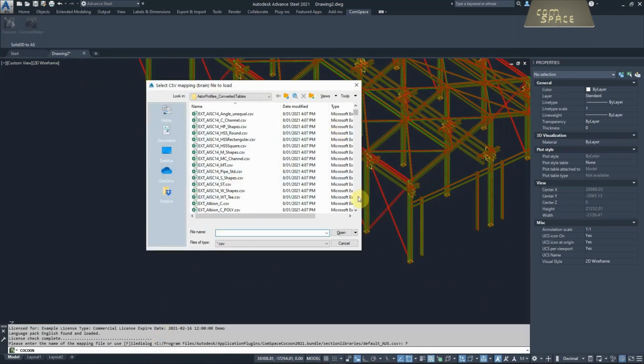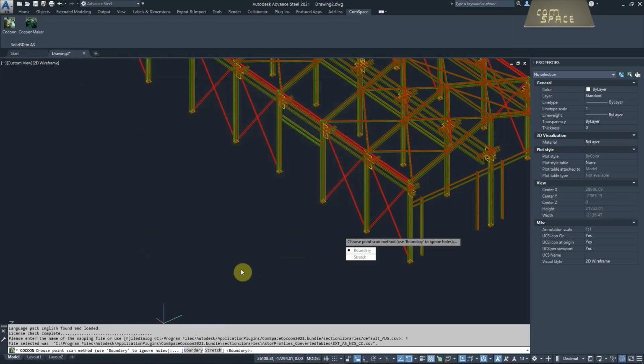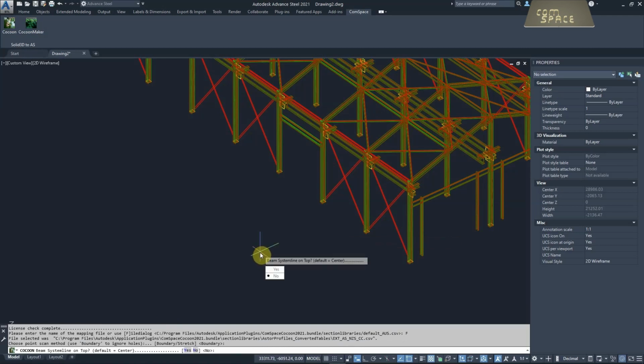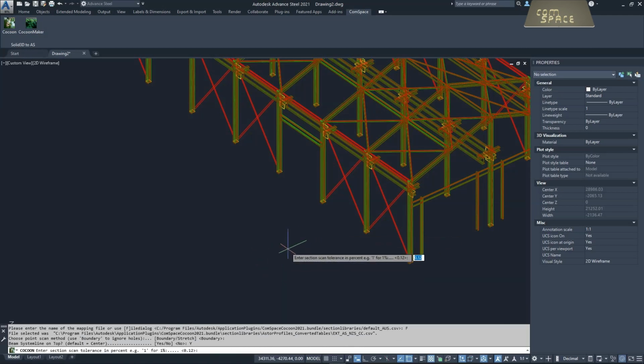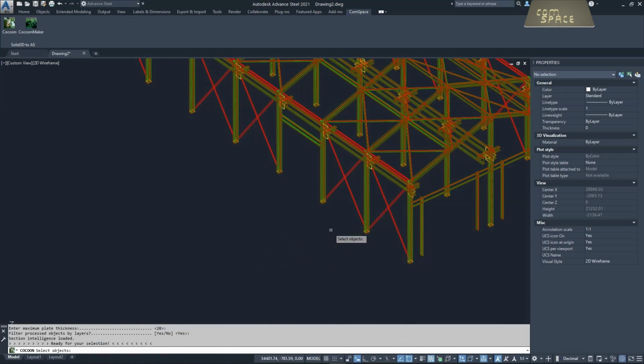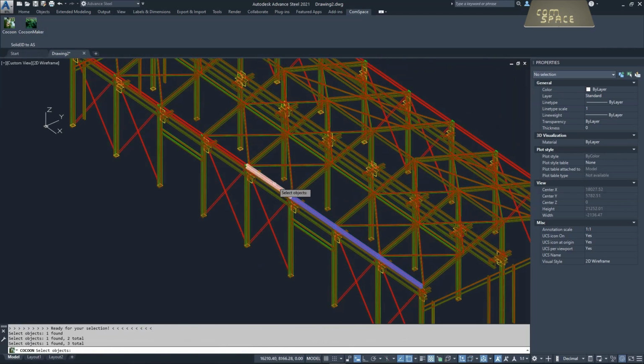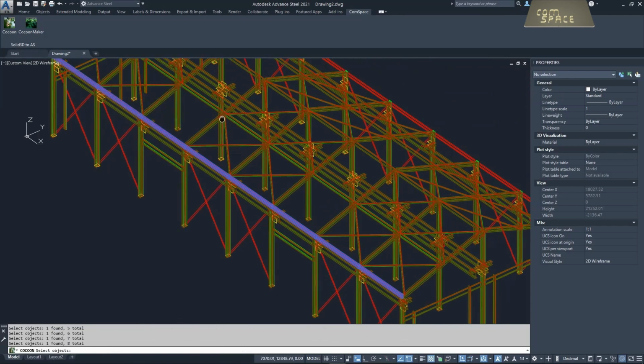And remember, that was here my Aussie CC file. We can here open this up, have here our boundary. Yes, we have it on the top, the system line. Gave it a bit of a tolerance. Bound layer, and then we could theoretically now select all the other ones and quickly let Cocoon